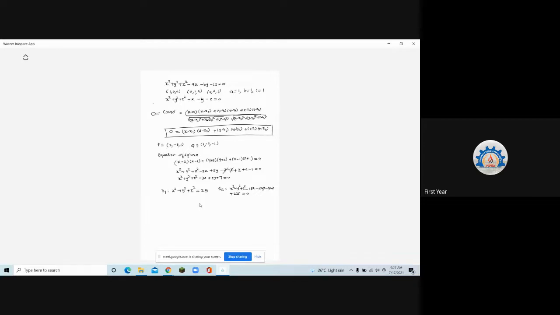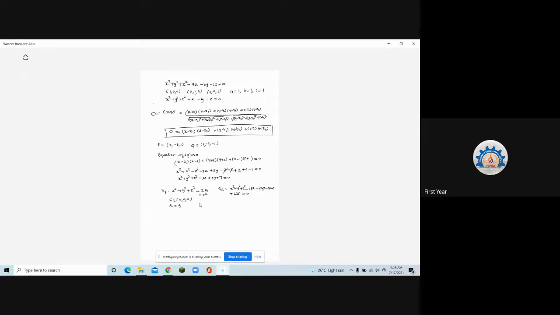So what's the first thing that we have to do? Just listen, for those who don't know how to find the center and radius. This is the equation of a sphere wherein the center is 0, 0, 0. Can you see that there is no x minus a, y minus b, z minus c term? There is no ux, no vy, no wz term. That's why the center is 0, 0, 0. And the radius: this is in the form r square, so r is 5. So the first sphere is easy.